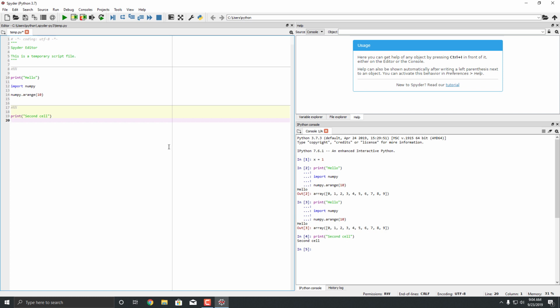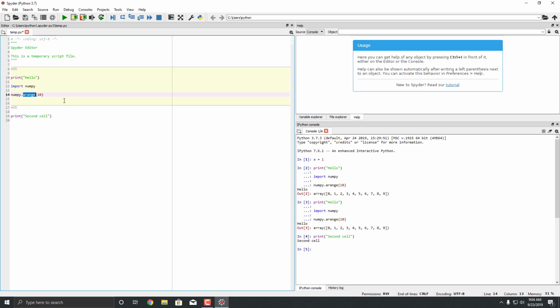There are a number of useful features of the Spyder editor. So up in the top right, you can see there's a box called Help. It actually has 3 tabs along the bottom. We'll take them in turn. So the help is very useful because it actually lets us display help for functions. So if I take a function, arange,